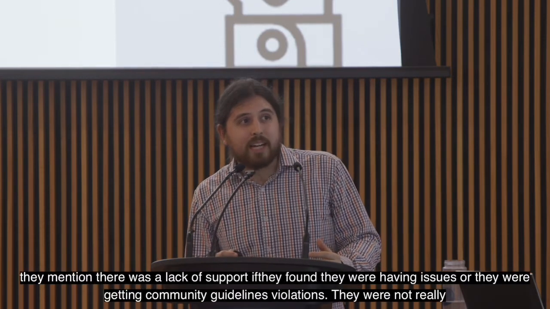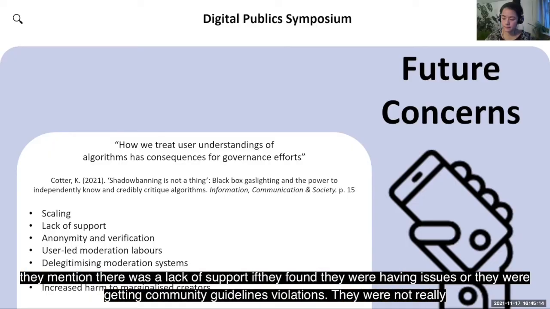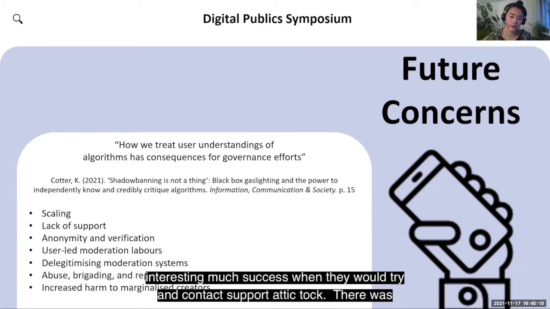They mentioned that there was a lack of support if they were having issues or getting community guidelines violations. They were not really having much success when they would try to contact support at TikTok. There were issues related to anonymity and verification, where there are very low barriers to entry when you're creating a TikTok